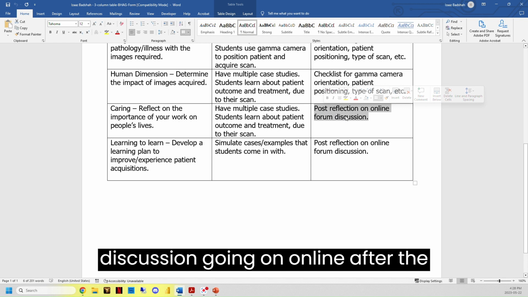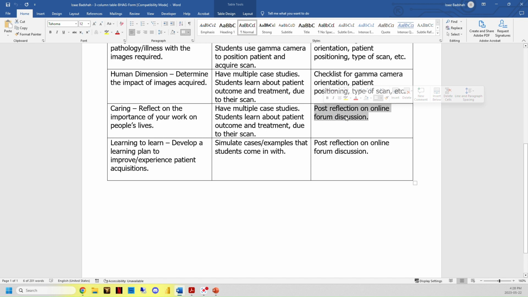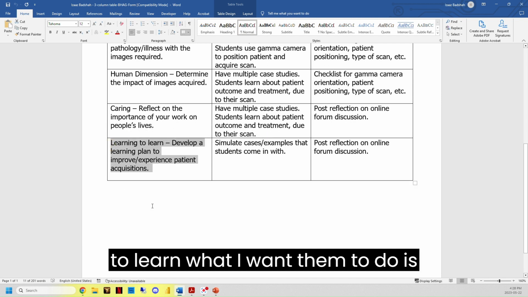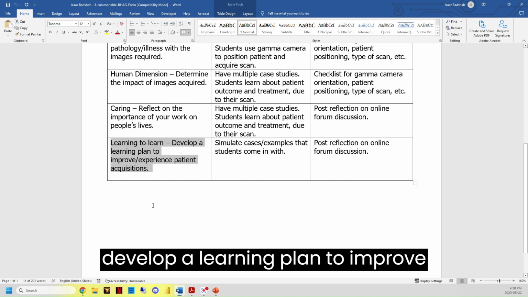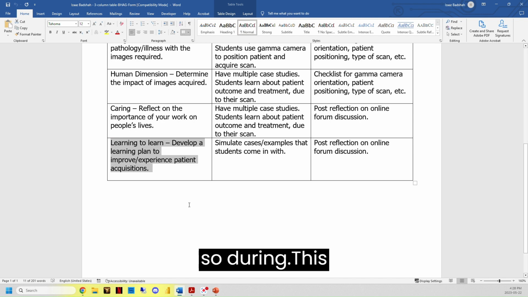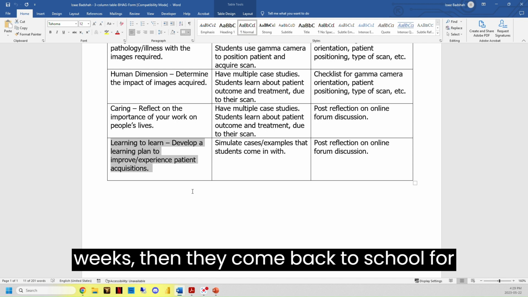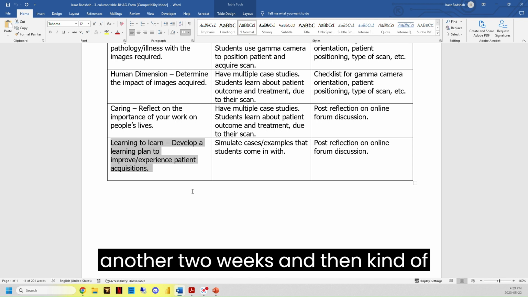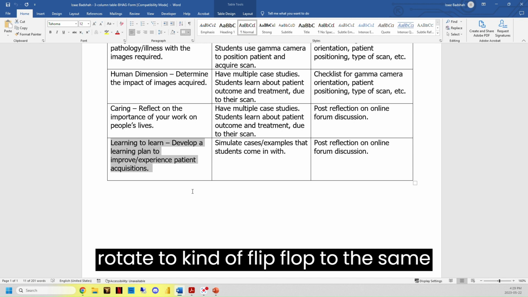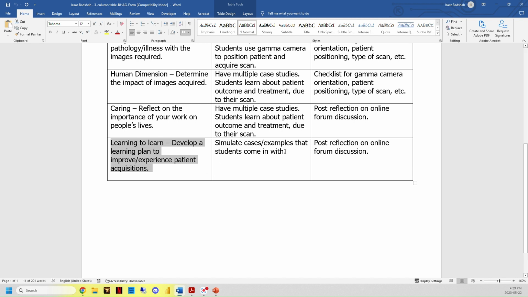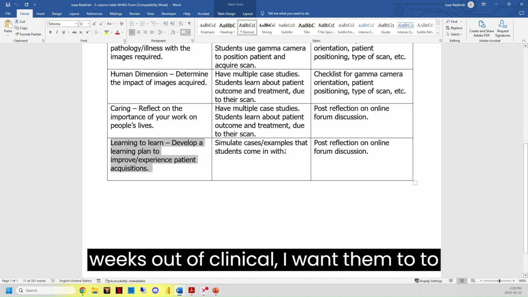Post-reflection, we could have some group discussion online after the lab is over, to tie things together. And the final learning outcome, learning to learn: what I want them to do is develop a learning plan to improve their experience with patient acquisitions. During this part of the course, the students go out to clinical for about 2 weeks, then come back to school for another 2 weeks, and then rotate, flip-flopping. So after they come back from their 2 weeks out in clinical,